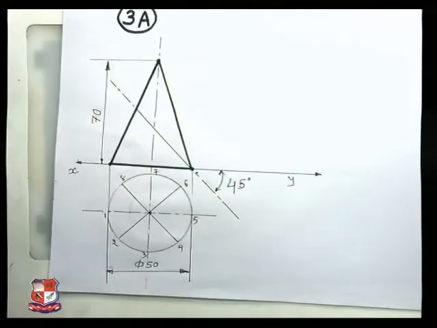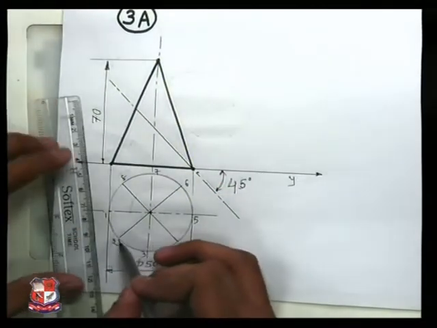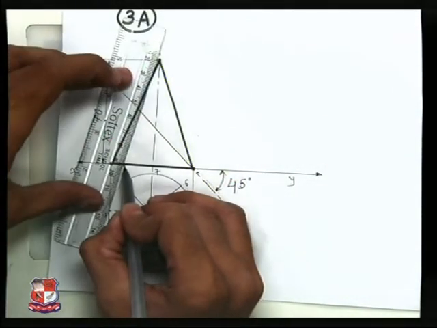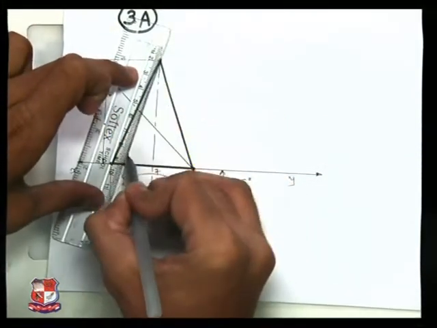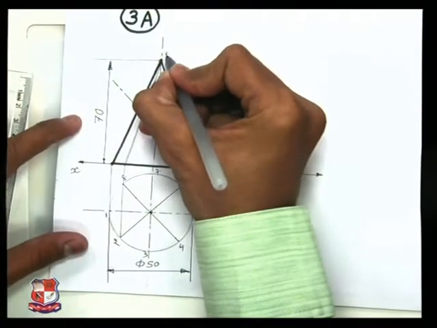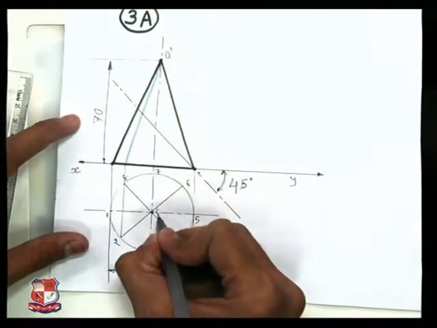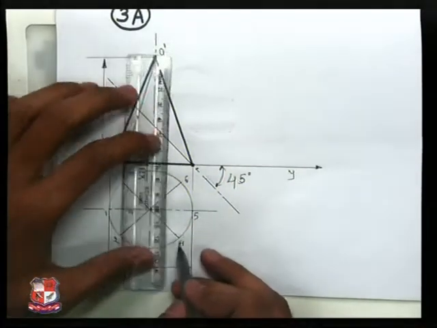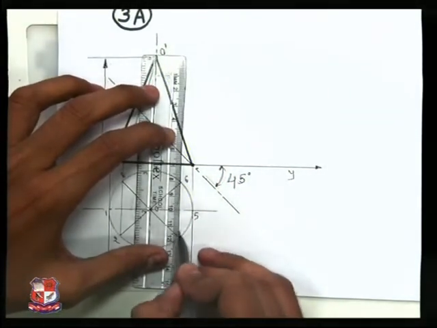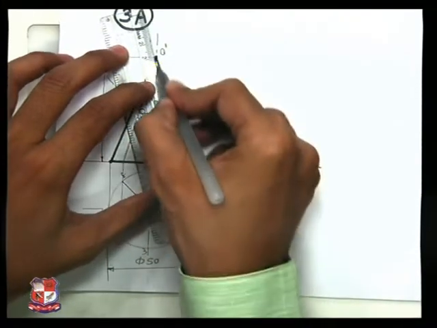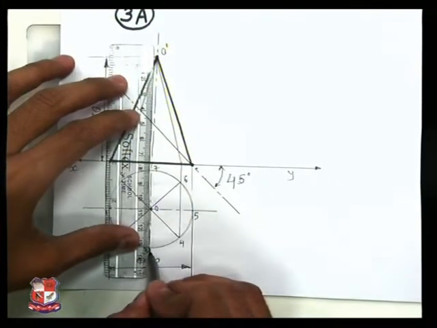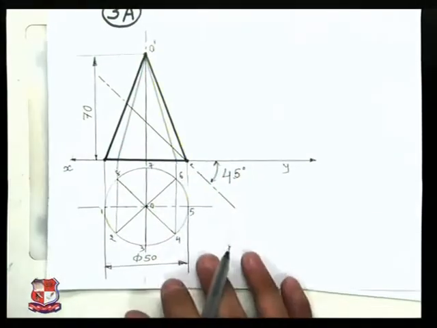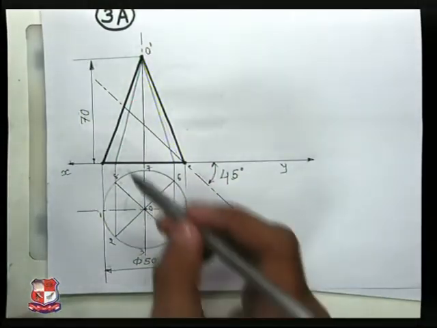8 points are there, and from all these 8 points draw vertical lines, and this vertical line will cut the XY line at this point and join them with the apex point. This is O dash. Here is apex point O, and here is the imaginary generator in front view and top view. Now transfer these points in front view like this. So we have drawn these imaginary generators in front view and top view, transferred to the front view like this.